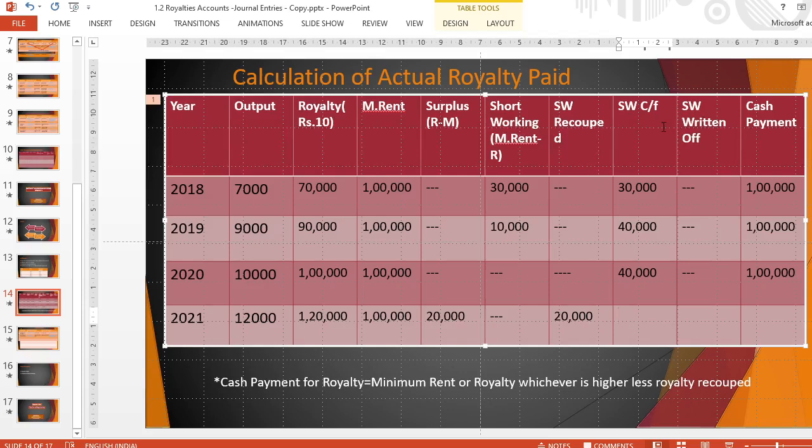So in order to carry forward the balance, we can recover the short working only in the first 4